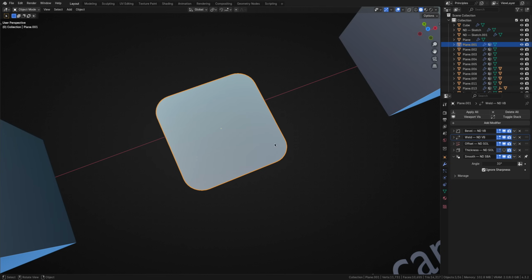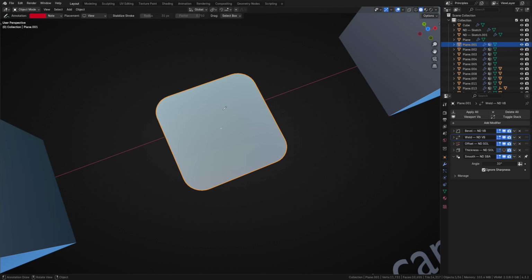Now, while we have the shape in front of us, I would like to point out another pattern to look for. If I were to rank traditional polymodeling actions in terms of their destruction, bevels would be near the top. Bevels come in two variations, chamfers and fillets. Chamfers are single segment 45-degree cuts, and fillets are multi-segment cuts. In this example, we have a fillet. The good news is that we can perform both types of bevels non-destructively, but there are limitations. The bevels video in the ND Deep Dive series covers the full extent.